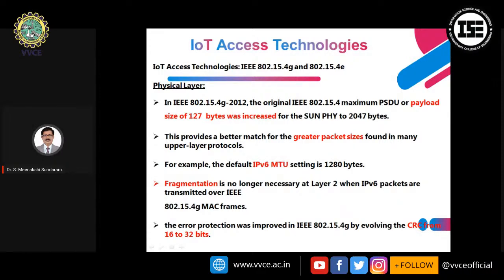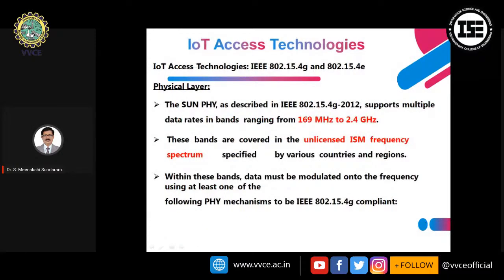Fragmentation is no longer necessary at layer 2 when IPv6 packets are transmitted over IEEE 802.15.4G MAC frames. The error protection was improved, evolving the CRC from 16 to 32 bits. We take the physical layer, the data rate in bands ranges from